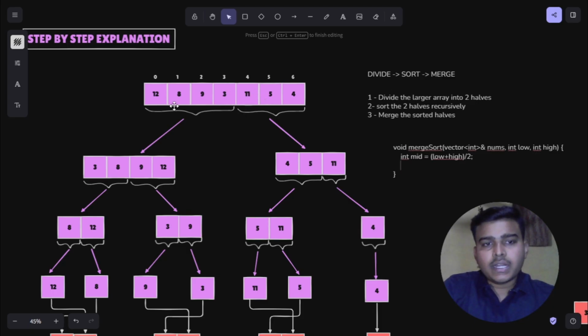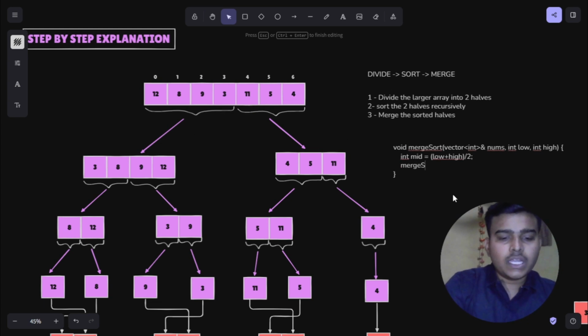So 3 is the mid index. Now 0 to 3 will be the first half, and 4 to 6 will be the second half. So it means low to mid is the first half, and mid plus 1 to high is the second half. So for that we will have to again make the recursive calls, and with this merge sort function